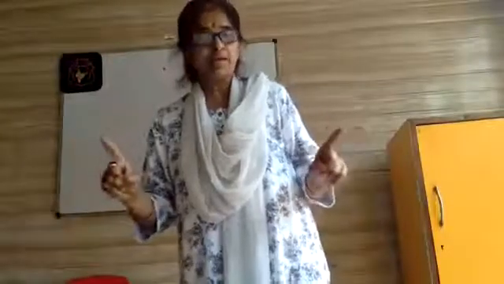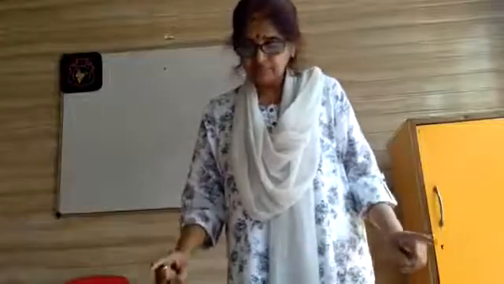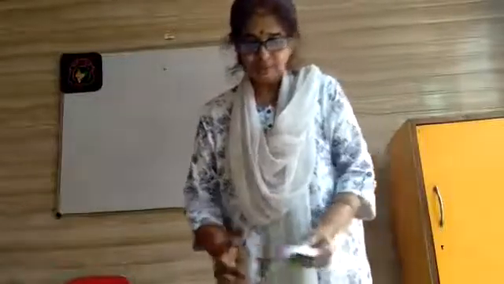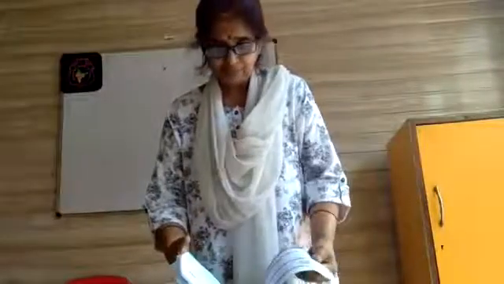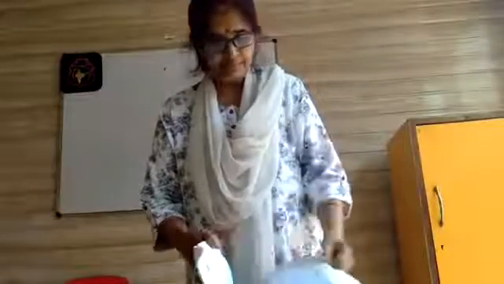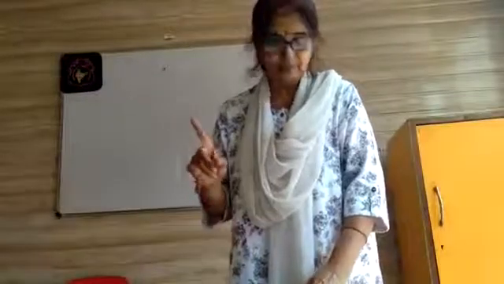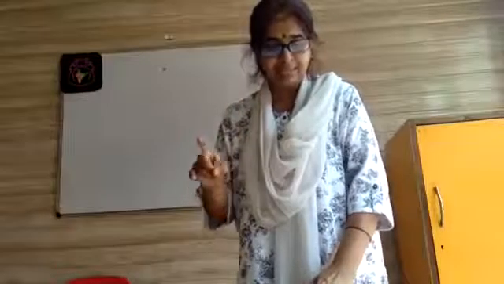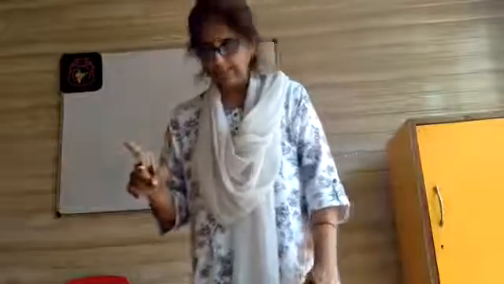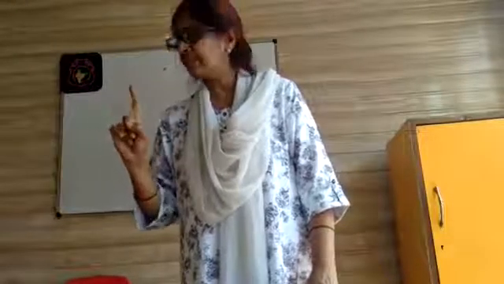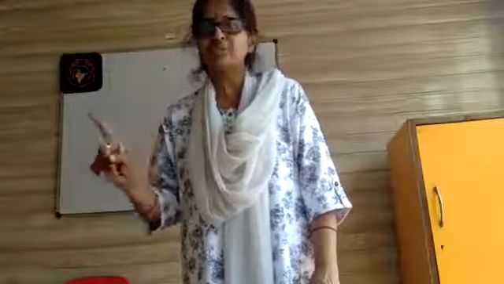So children, I hope you will do this revision very thoroughly, and in the glossary it is also given: data, information, and in the same way in lesson number 1 also, automatic, electricity and manual. I have already told you that in lesson number 1, the persons who are working by hand and the persons who are using machines.